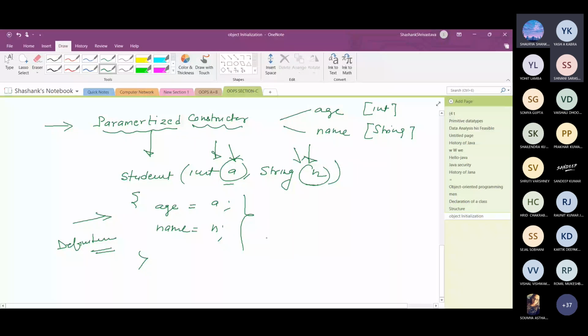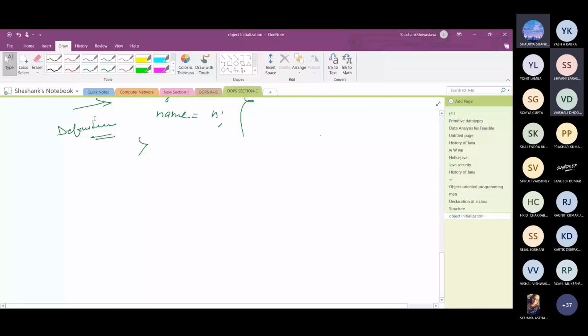So this is the second type of constructor after the default constructor. For the third type of constructor, after the definition part, I will execute a program, with the help of which you will be able to understand how the constructor is created and called. The third type of constructor is the no argument constructor.